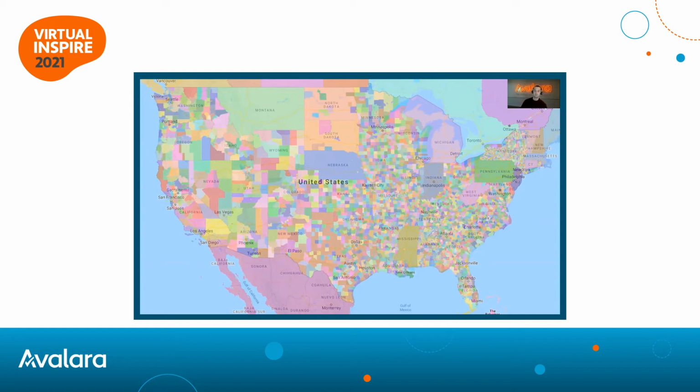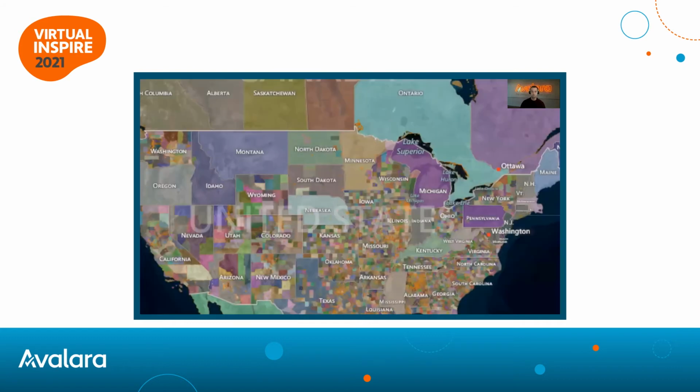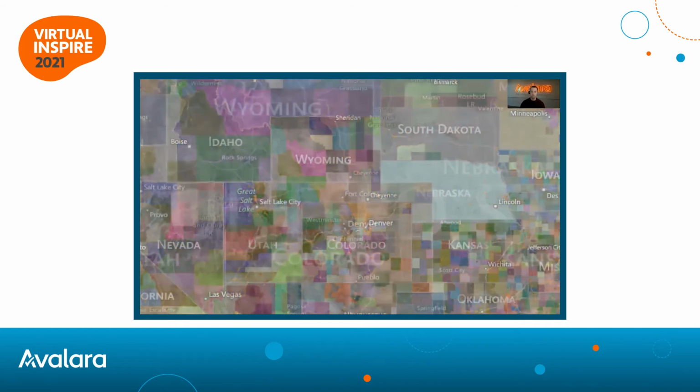And then depending on the state you're in, you might be having a really easy time with sales tax, or you might be having a very complex, difficult time with sales tax compliance. And as a foreign business, sometimes dealing with these states can be incredibly, incredibly challenging. I do want to zoom in on this map a little bit here. And what I'm going to do here is show you